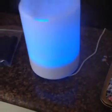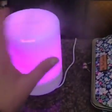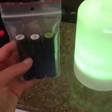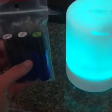Right now I'm diffusing On Guard just for some immune support, and it's cleansing and purifying the air in the hotel room, which is a bonus. So having your diffuser at night is really important. I also do some roller bottles. So I have a sleep support roller bottle blend, Melissa oil, which is just